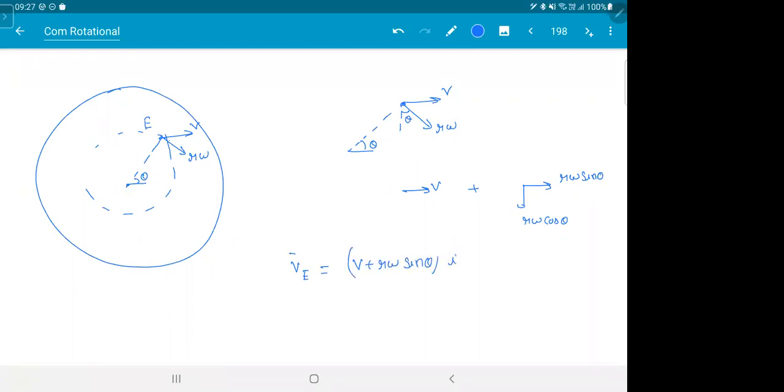See, don't try to remember the formula. See the process that I'm doing. Divide into, if you see it is just vectors. We are doing nothing hi-fi here. Minus R omega cos theta j cap. So you have two velocities, V and R omega. So divide R omega into i cap, j cap, add i caps and j caps together. There is a velocity of V. So this is how you can find velocity of any point anywhere. Put it down. Let's see a few questions based on this.